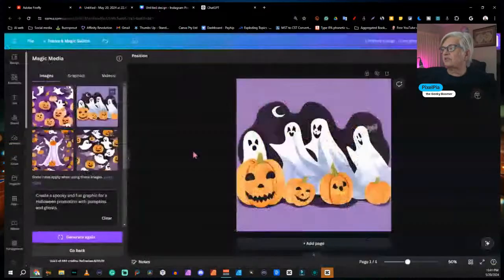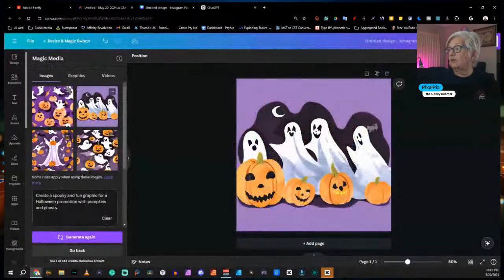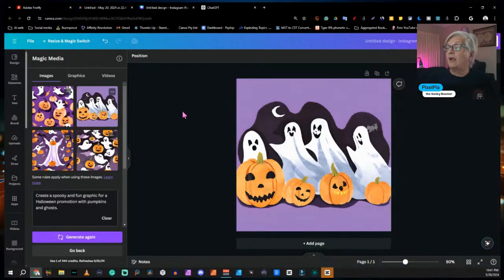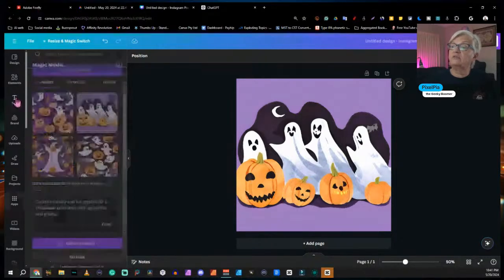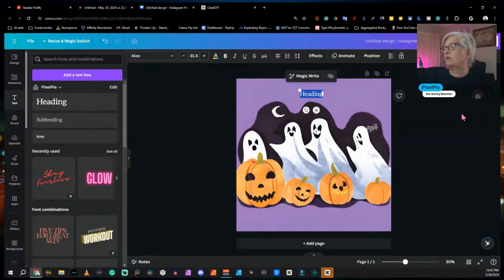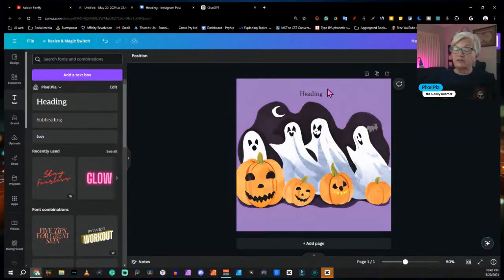If I want to save this in Canva, the image I have done, I can go up here under the share button and have download. But if I create images in Canva, I can have the advantage of adding text right here in the image itself that I have created. Another advantage for Canva is that if I'm working with